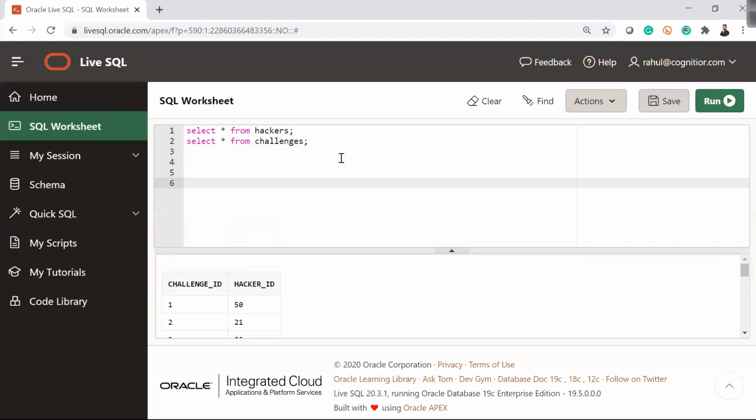So first of all, I want to write a query. Again, this can be solved with the WITH clause and the normal query. I will go with the normal query because I wrote a very big query, and I want to show you how we can write big queries as well.